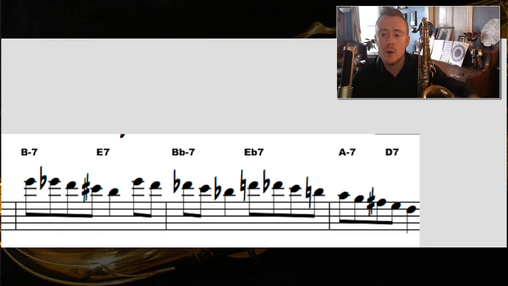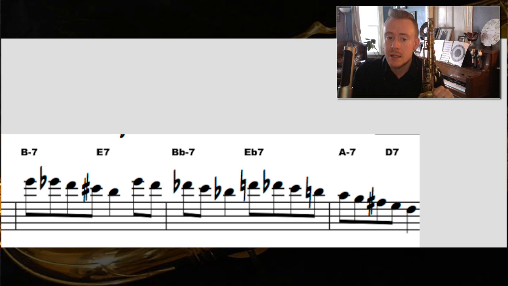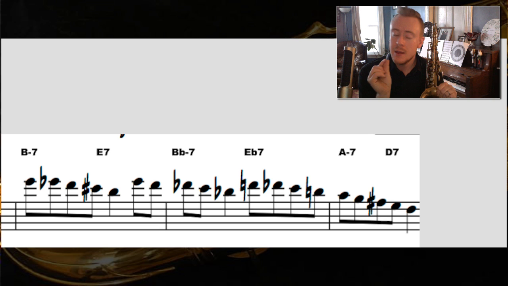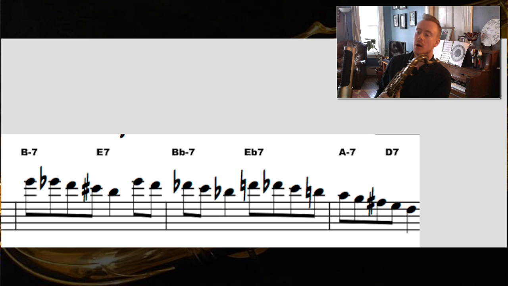That's one harmony, that's one chord scale, that's one thing. And Sonny Stitt is using that to great effect because he's playing basically just a bebop scale over both of those chords. And then when that progression goes down by a half step, he plays the same thing down a half step and then down another half step for the A minor 7, D7. By playing one thing over the 2 chords instead of having to play one individual thing for every 2 beats, it makes it a little bit easier to think about, and then he ends up bringing out the chromatic progression as it goes down. So he plays sort of an E7 bebop scale for the first bar,